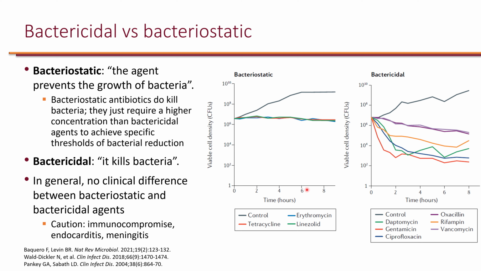So here on the x-axis, we're looking at time, so 2 hours, 4 hours, 6 hours, and 8 hours. And on the y-axis, we are looking at cell density measured in colony-forming units, or CFU. So the first line you see is essentially the control, meaning that we have a certain bacteria, and assuming that